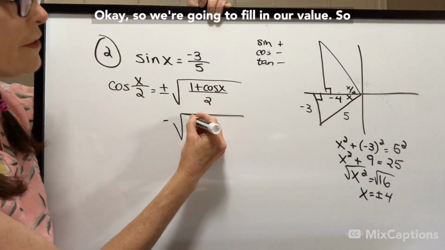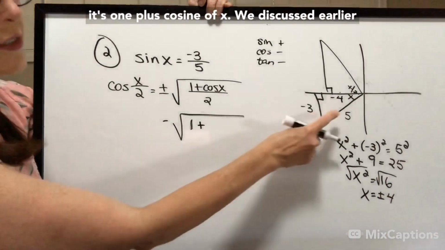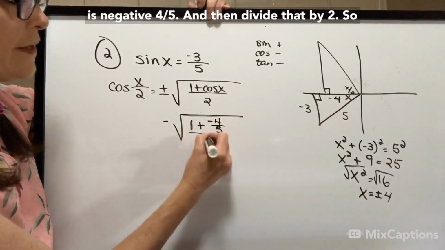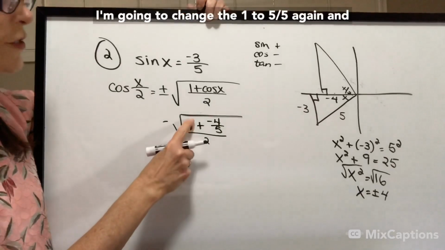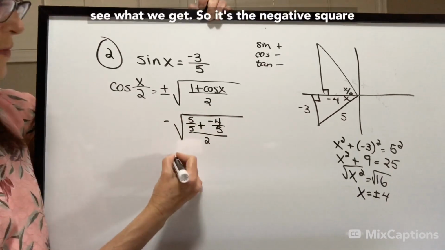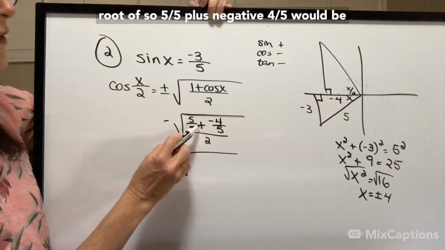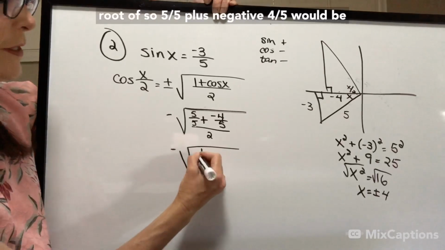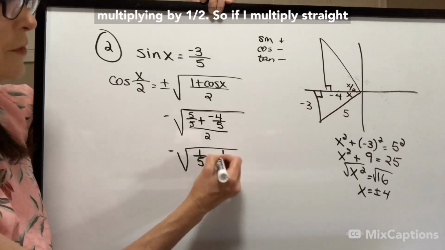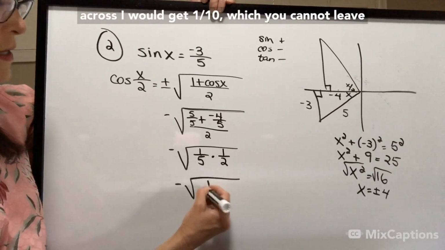Okay, so we're going to fill in our values. So it's 1 plus cosine of x, we discussed earlier, is -4/5. And then divide that by 2. So I'm going to change the 1 to 5 over 5 again, and see what we get. So it's the negative square root of, so 5/5 plus negative 4/5 would be 1/5. And then dividing by 2 is the same thing as multiplying by 1/2. So if I multiply straight across, I would get 1/10,